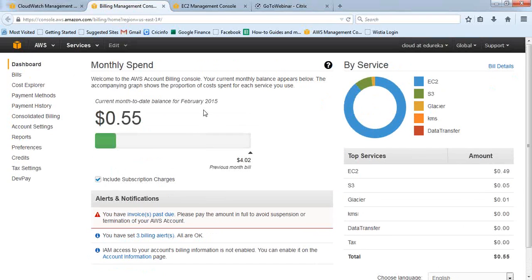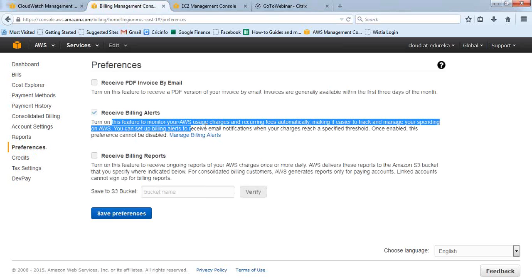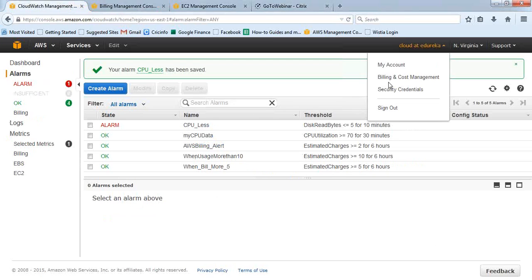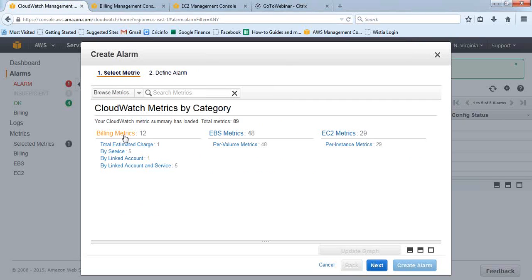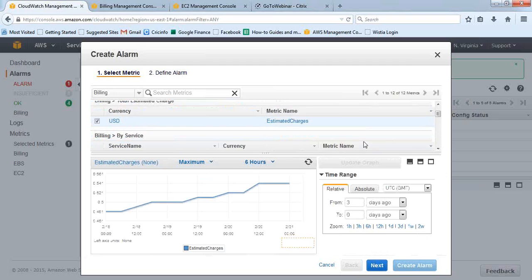Now here you can go to the preferences first and select this option, receive billing alerts. Select this option first. Once this is done, you can click on manage billing alerts, which would bring you nothing but to CloudWatch alarm only. You can just say create alarm, say billing metric. You can select on the USD for the estimated charges